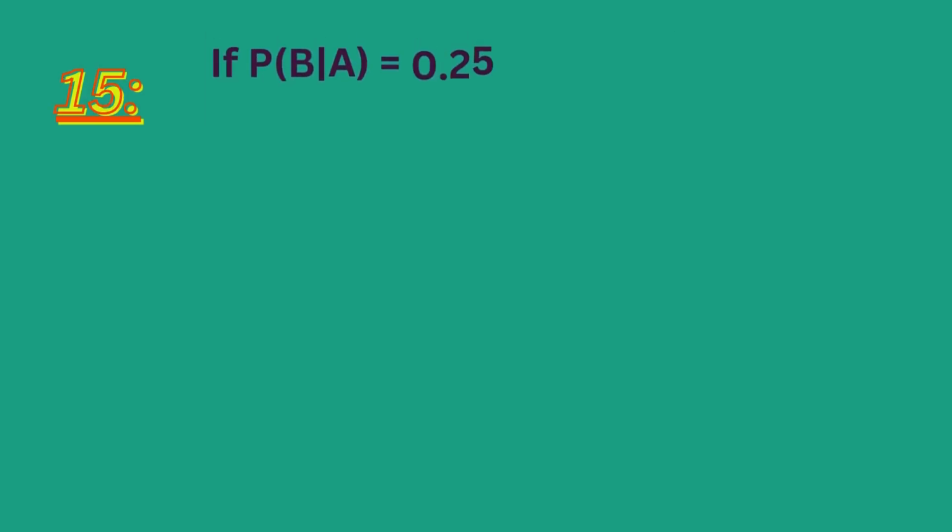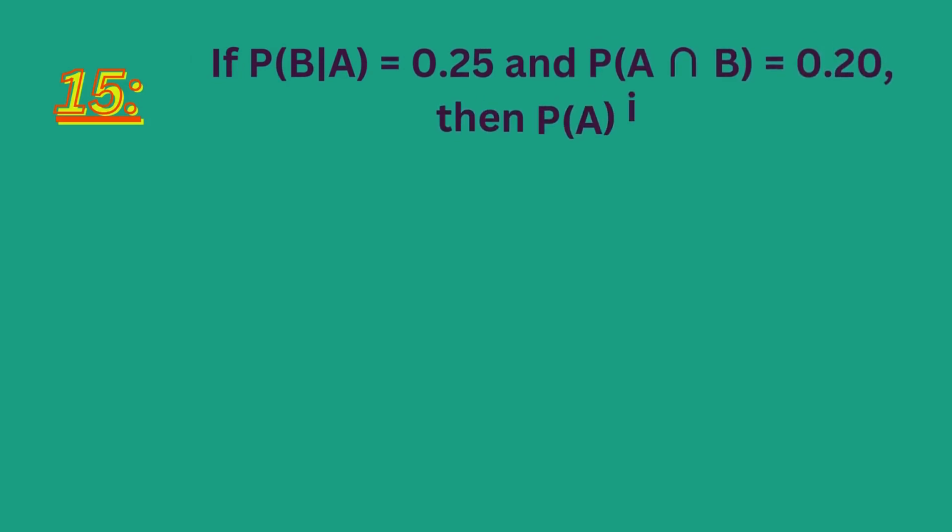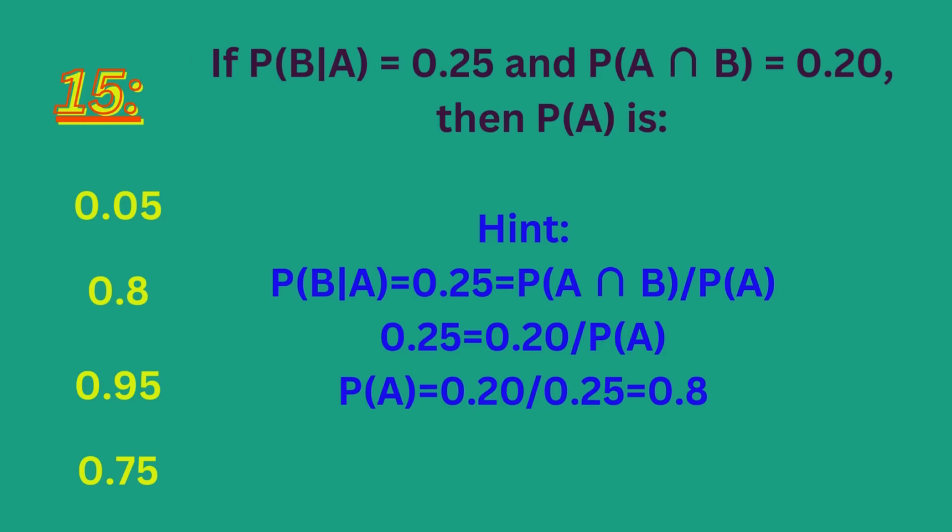If probability of B given A equals 0.25 and probability of A intersection B equals 0.20, then probability of A is 0.05, 0.8, 0.95, 0.75. The right answer is